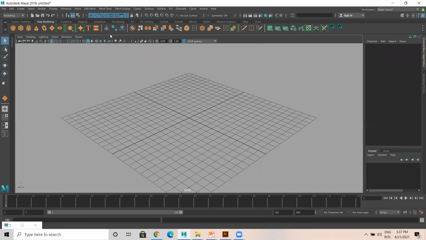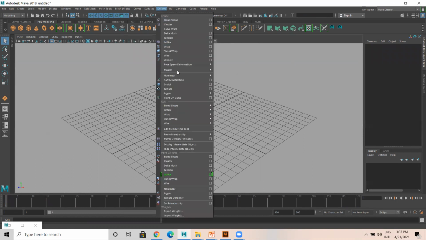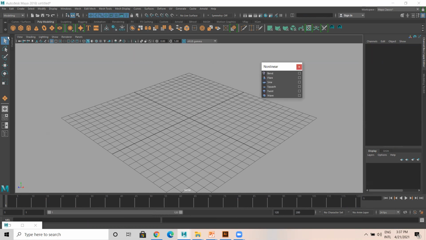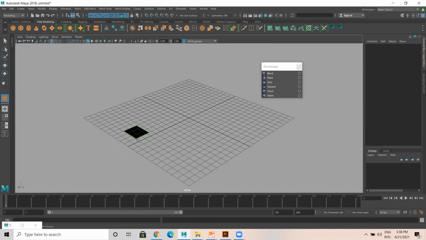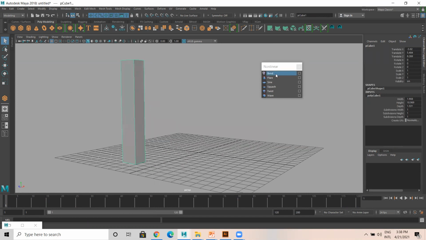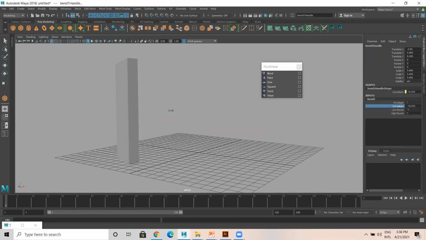We have a few more deformers. So what I'll do in deformer non-linear, I'll just click on this so that I get different things. So I create one simple cube. I add bend. There's a deformer called bend. In bend, curvature.